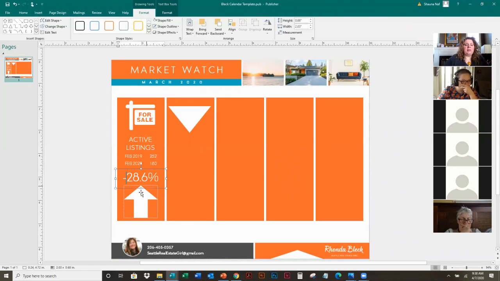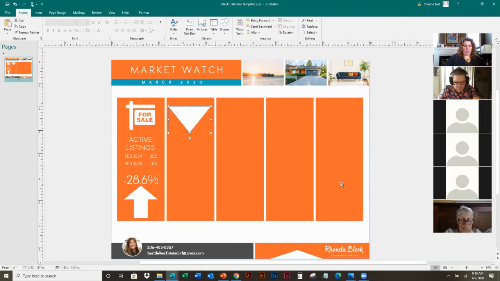And sometimes when you're working with a lot of different things, you can see here that what happened was there was some text wrap that was automatically added to the shape. I like to get rid of all my text wrap and handle it manually. So I go up to wrap text and choose none, and then it just will adjust as needed. Okay, so let's say that that's my final infographic for my active listings,